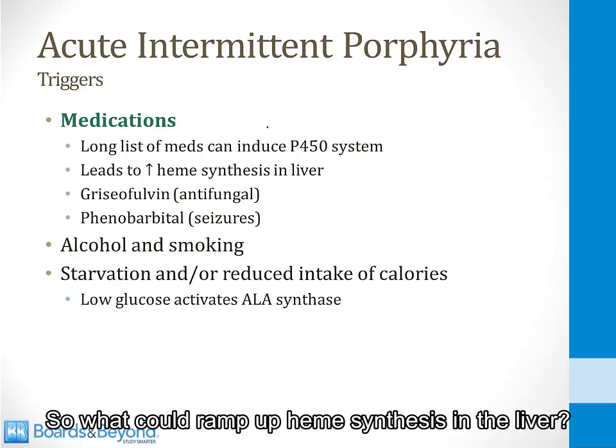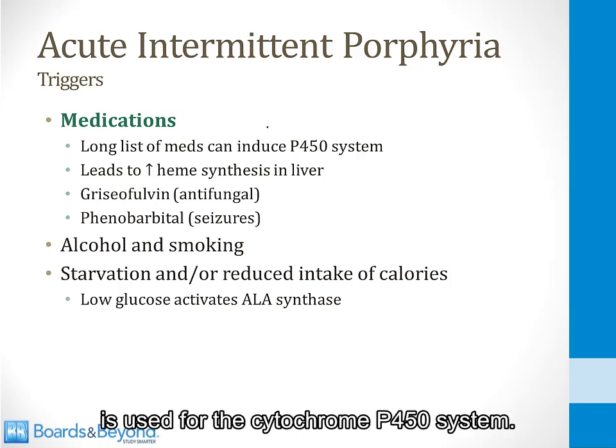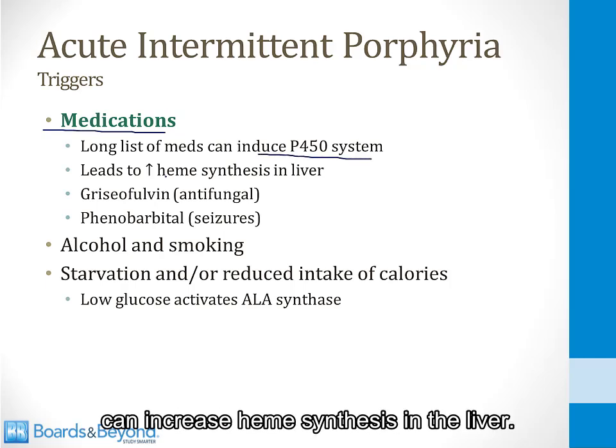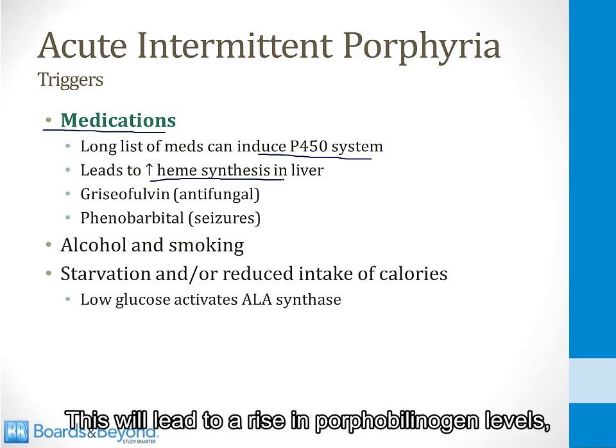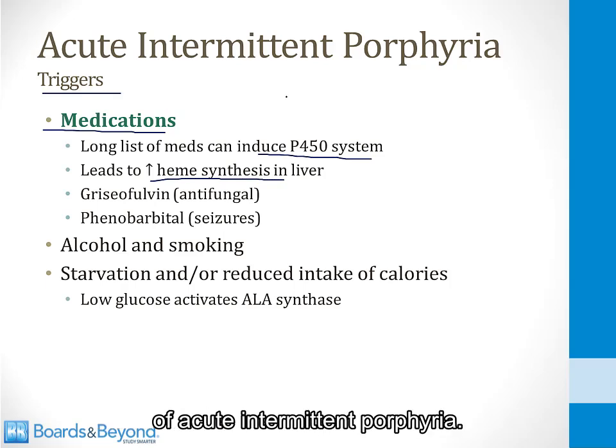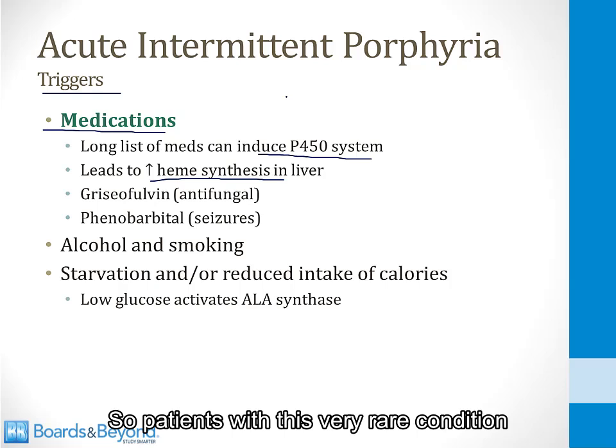So what could ramp up heme synthesis in the liver? Well, remember that heme in the liver is used for the cytochrome P450 system. So any medication that induces the P450 system can increase heme synthesis in the liver. This will lead to a rise in porphyrobilinogen levels, and this will be a trigger for the symptoms of acute intermittent porphyria. So patients with this very rare condition have to avoid a long list of medications that can induce